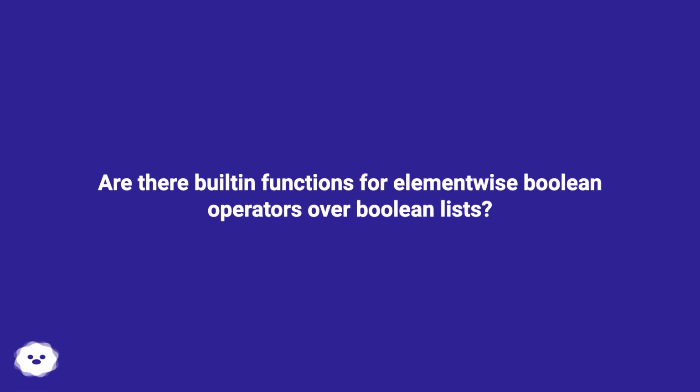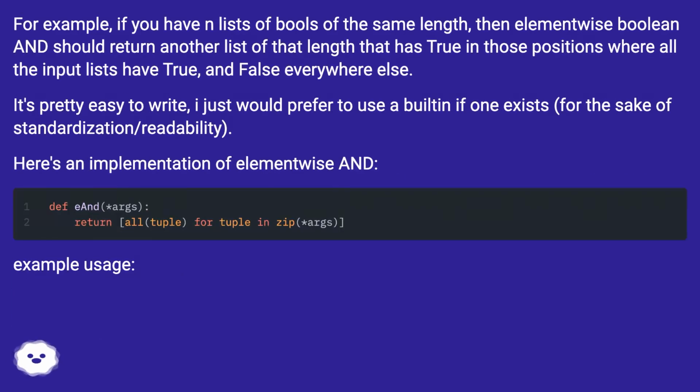Are there built-in functions for element-wise Boolean operators over Boolean lists? For example, if you have n lists of bools of the same length, then element-wise Boolean and should return another list of that length that has true in those positions where all the input lists have true, and false everywhere else. It's pretty easy to write, I just would prefer to use a built-in if one exists, for the sake of standardization and readability. Here's an implementation of element-wise and